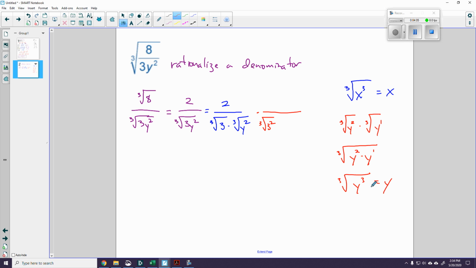No more radical sign. So again, I want to multiply the denominator here by the cube root of y. So if I do that,